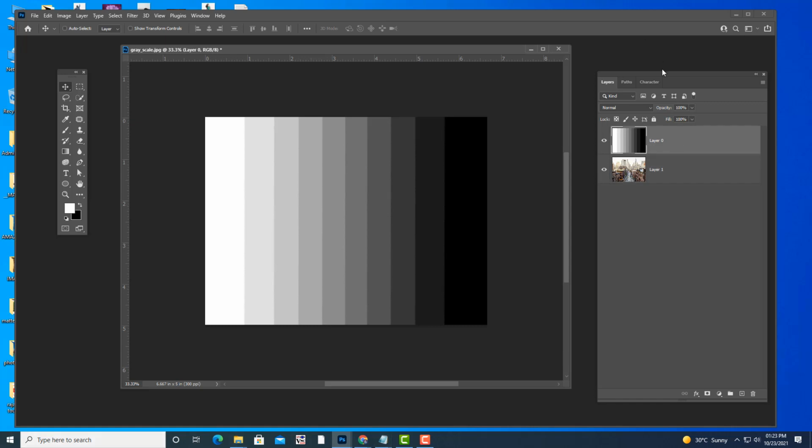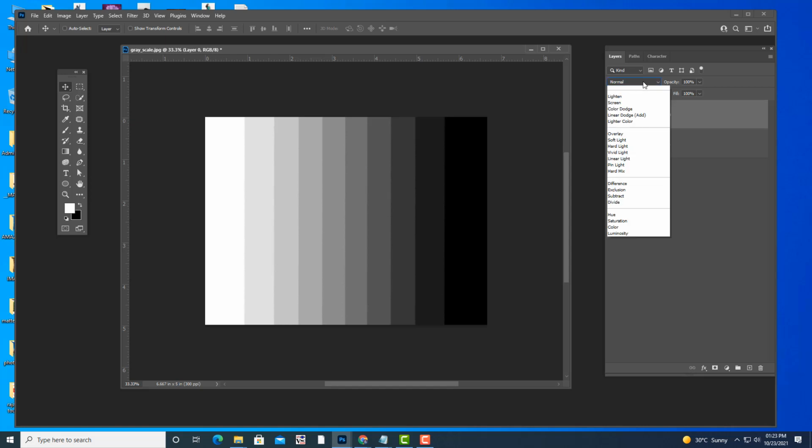Right. See here, if you click on this, there is a very big list of options. The first option is normal. See here, nothing will happen. There is no effect with this. Normal means like the default option. And I have intentionally taken this particular image. What can you see in this image? You can see black and white colors. On the right side pure black is there, on the left side pure white is there, and in the center we have grayscale, gray colors.